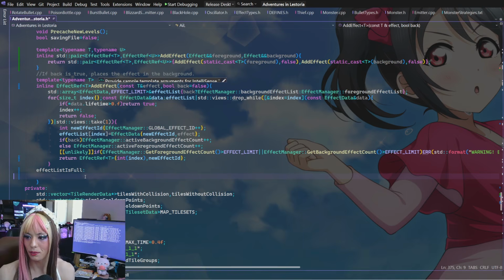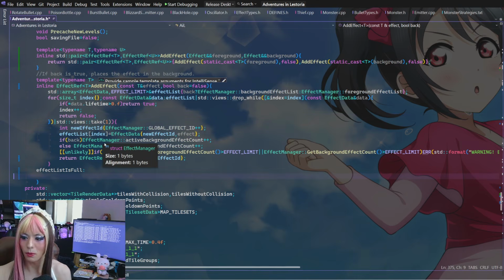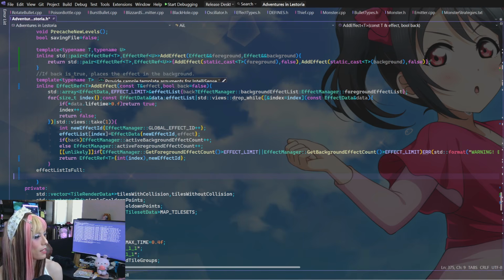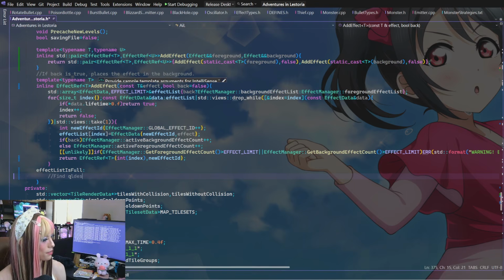Okay, so yeah, I think that's the idea. If first we just try to find a blank slot. If we don't find a blank slot, this won't execute and we're down here. So then we want to try the oldest we can find. Basically we're going to look for the oldest, just keep track of the oldest and then return it, and then do stuff from there. So the idea is find oldest effect, overwrite that slot.